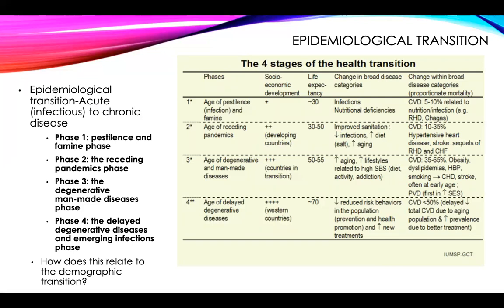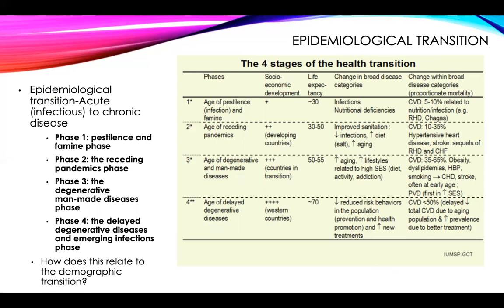What's going on here is that people get a lot of infections. They're especially prone to them because they oftentimes have nutritional deficiencies. But that is kind of what's driving the high mortality rate, this high amount of infections. And then the fact that oftentimes they do not have good nutrition, so they also starve. That's famine. Then at some point, society moves into phase 2.